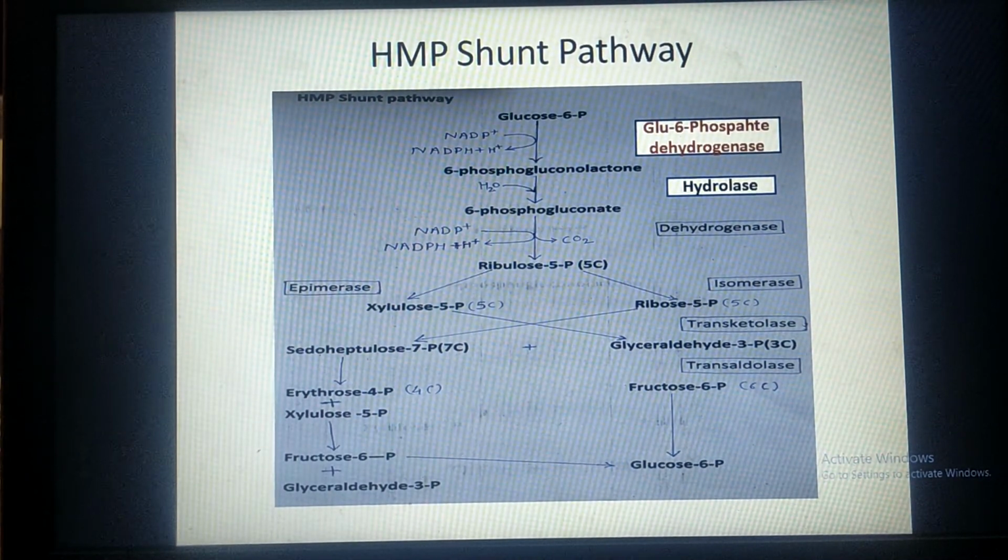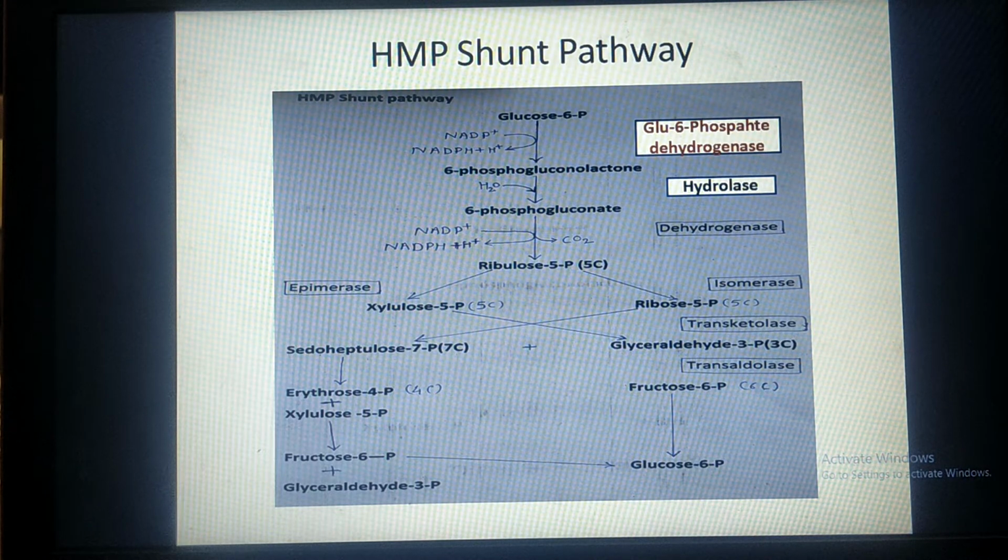Now in the next step, sedoheptulose 7-phosphate and glyceraldehyde 3-phosphate, 7 plus 3 carbon, get condensed to form erythrose 4-phosphate and fructose 6-phosphate. Means a 4 plus 6 carbon sugar is formed. The 7 plus 3 sugar condenses and forms a 4 plus 6 sugar with the help of the enzyme transaldolase. Now the fructose 6-phosphate which is formed gets converted into glucose 6-phosphate,